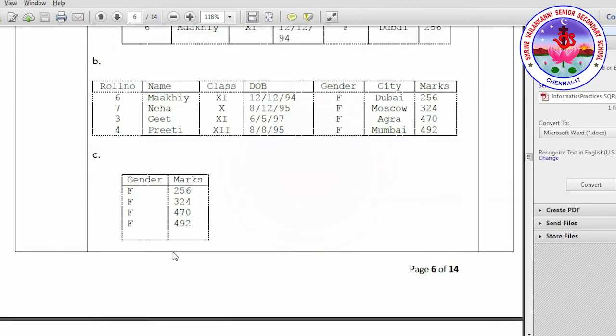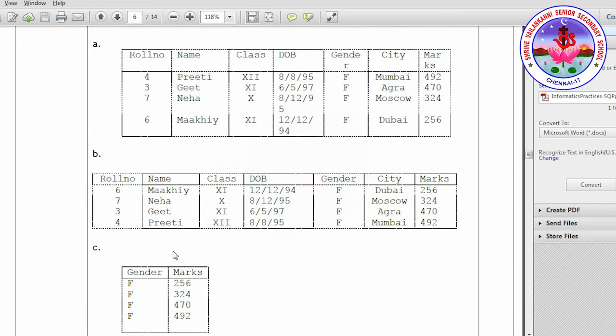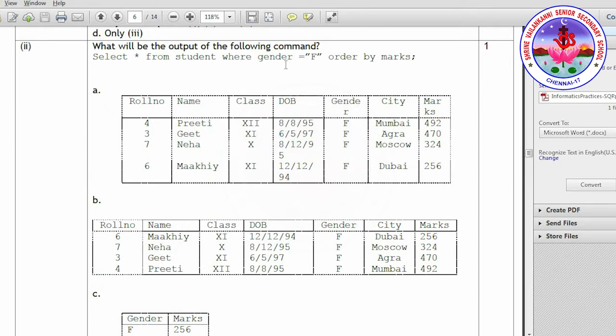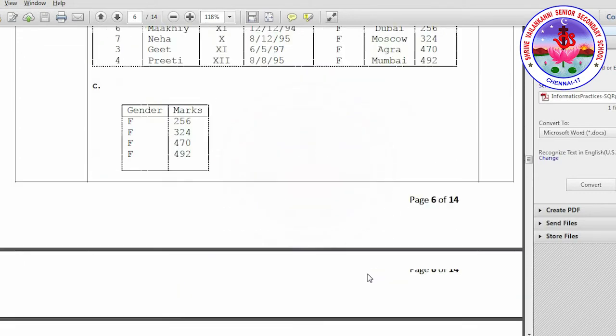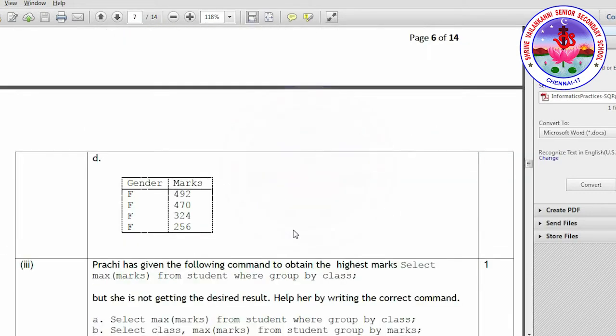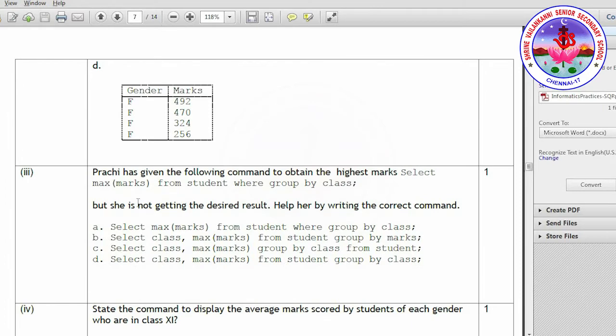So we eliminate options C and D, then check options A and B. Options A and B have all the columns. And what is the condition? Gender equals F. Yes, the condition is satisfied. Order by marks. Since there is no extra clause given, it is ascending order. Which one has marks in ascending order? So option B is the right answer. So next question, option 3.